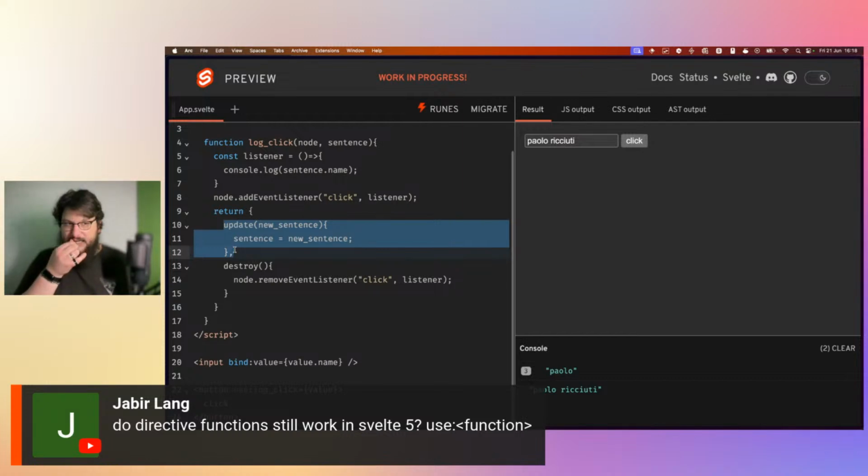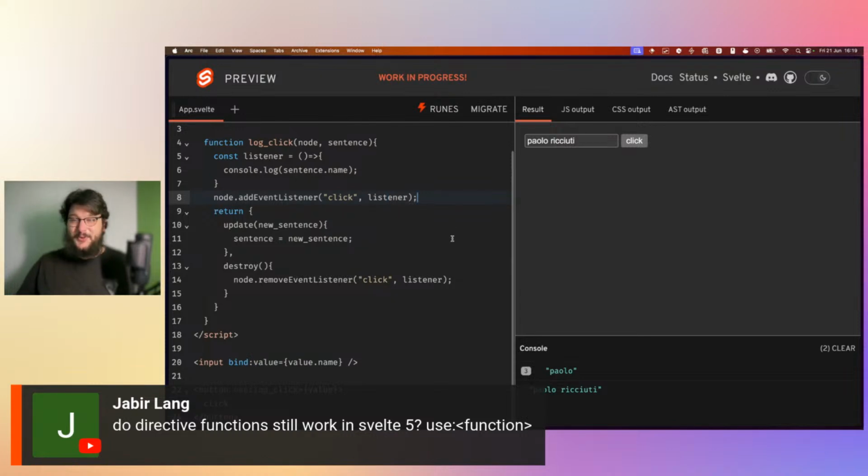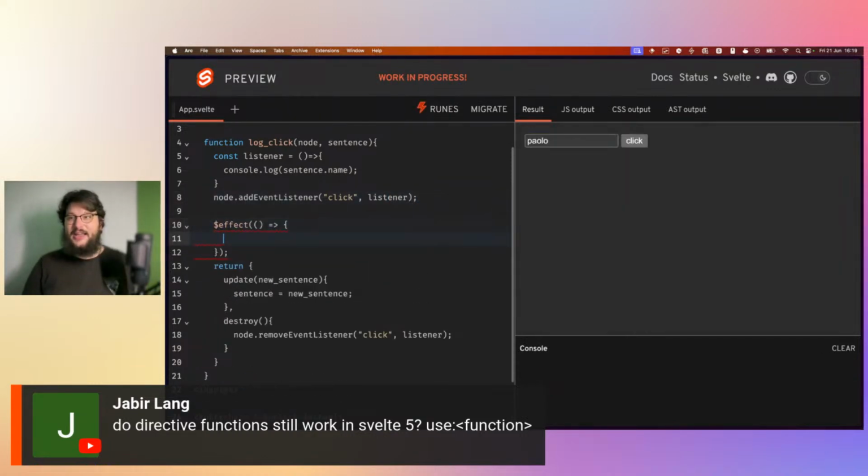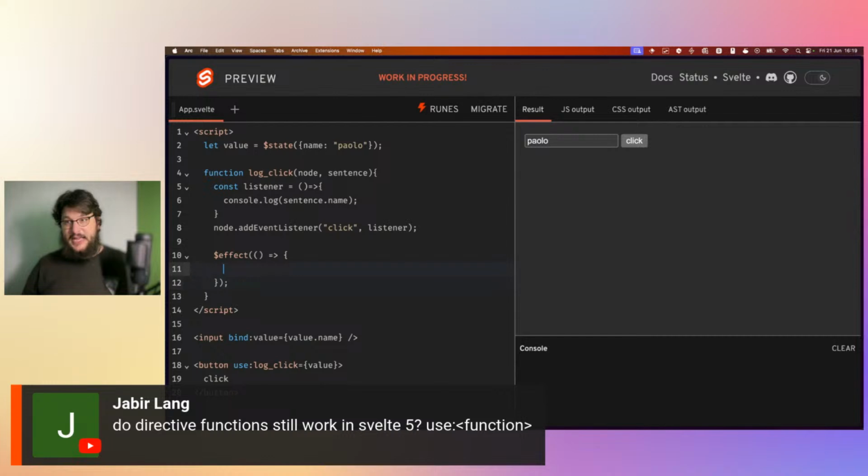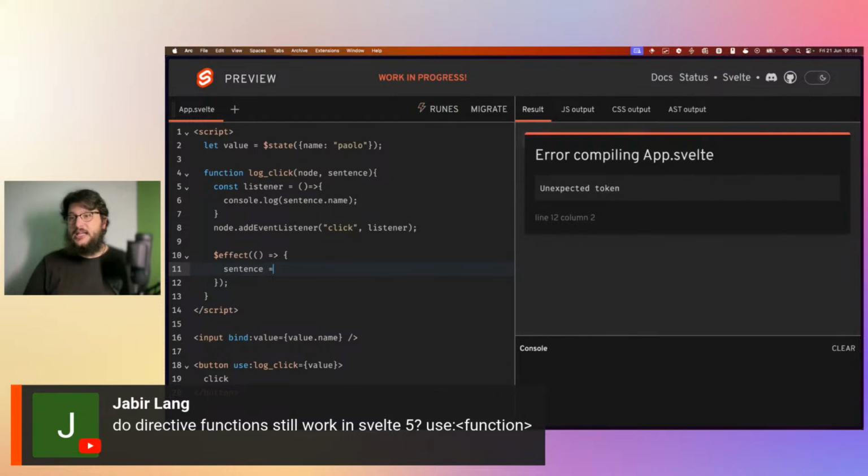So actually, I think a good measure for actions is to just use an effect, which is super cool because you can create an effect inside the action. So you can basically remove the need for update and destroy, and you just do all of your thing inside here. So inside the effect, you can actually do sentence is equal to